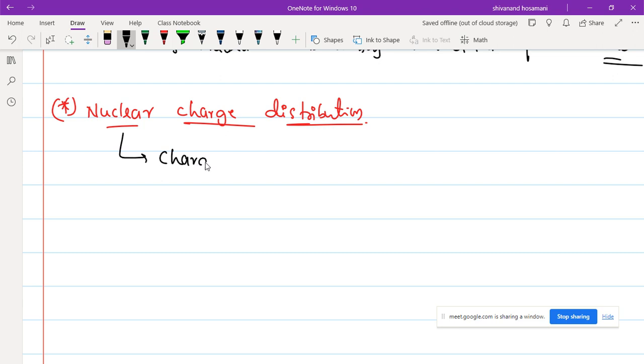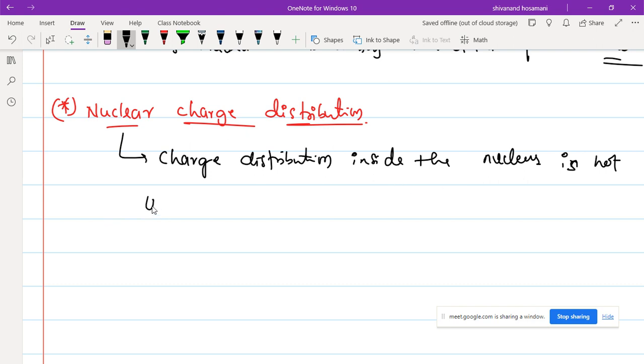Charge distribution inside the nucleus is not uniform. Uniform means it is not going to spread uniformly throughout the volume of the nucleus. So it is going to vary. It remains constant up to a certain range, and after that it is going to fall off. Therefore, according to the Fermi model,